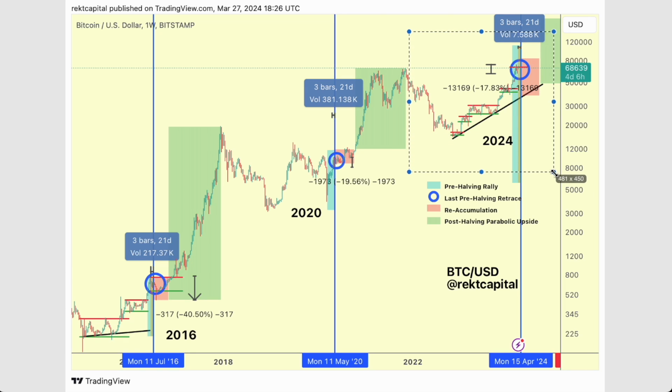In today's episode, we're going to be focusing on the Bitcoin halving phases, comparing this cycle to the past 2020